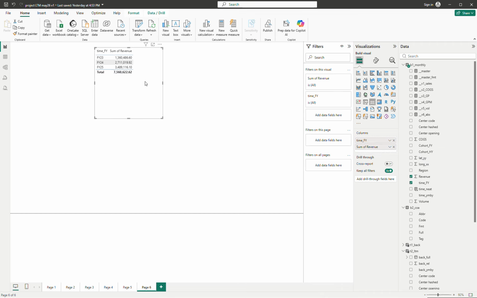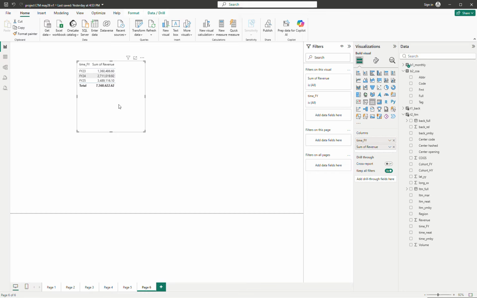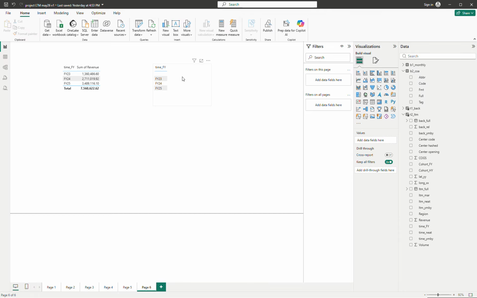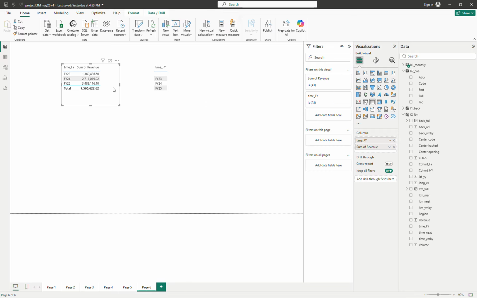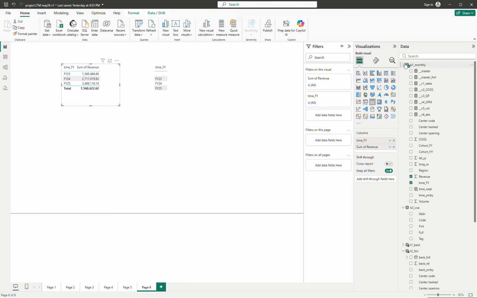So this is the revenue in the POS data, and then I do the same thing with the time FY here, and then okay, so this is not a good idea. Actually, I want to compare like for like the two. If so, I change this one